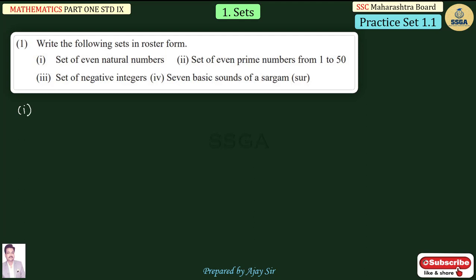Set A is the even natural numbers. Let us denote it as capital A, a set, in curly brackets, even natural numbers. So it means it is a set of 2, 4, 6, 8 and so on, in curly brackets. So this is the first answer. Now second,